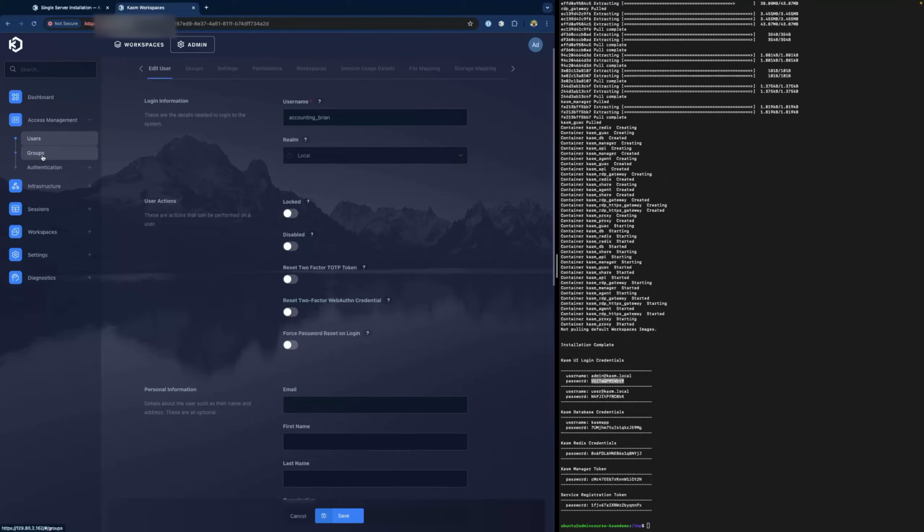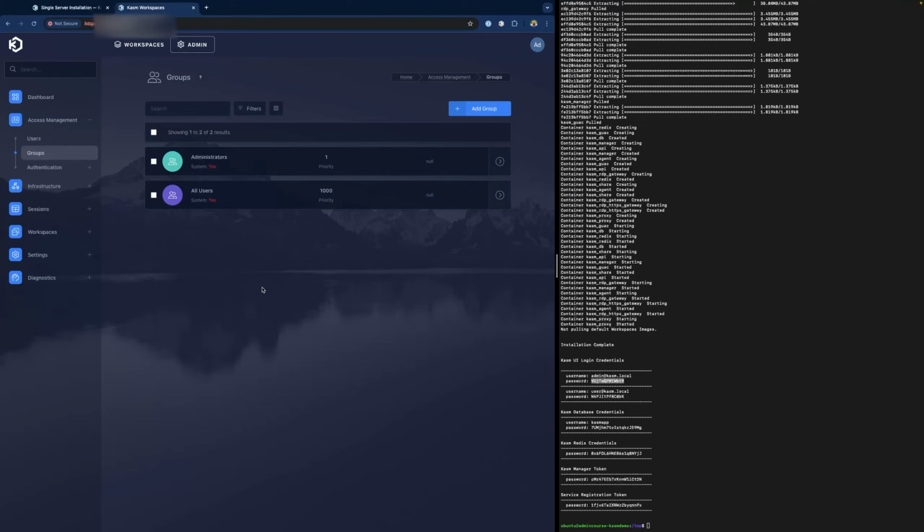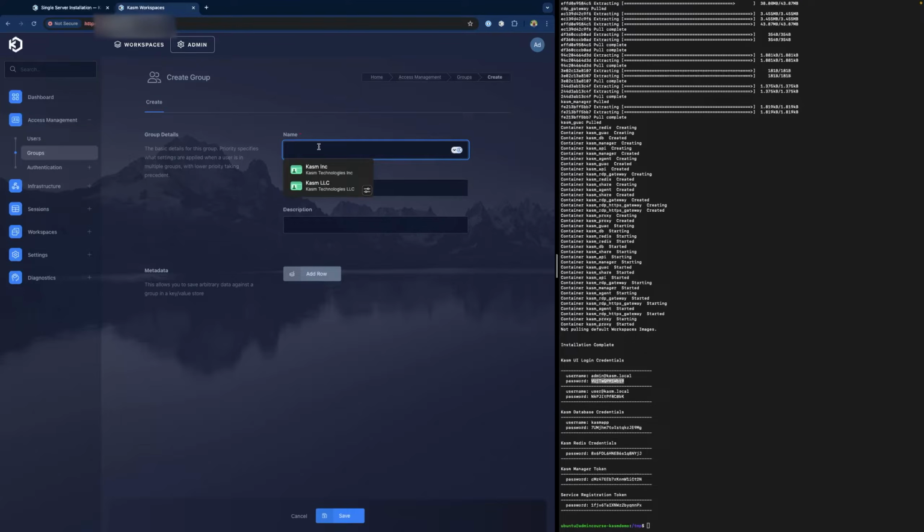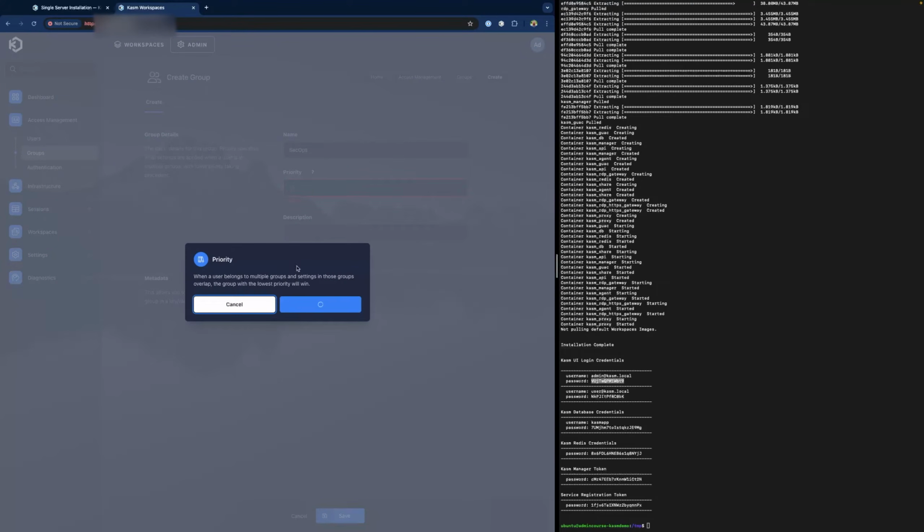So now we'll go ahead and create some groups. So for all those users, I need to add their corresponding groups. So first up here is we'll do SecOps. And then we have a required field here for priority. So I'll go ahead and click on this question mark. And so here, just giving a little bit more explanation. We do have a Learn More button here to send you to our documentation for more details.